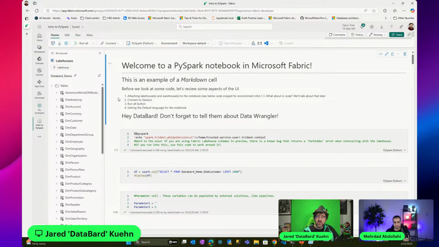Now let's talk about actually working with the code. So first thing we need to do is connect to a session. Because like I mentioned earlier, this is Apache Spark, which means it's not running your compute 24/7. It's only running it when you ask it to. So to get this up and running, I'm going to hit connect. And again, this is where you get the choice: standard session or high concurrency. High concurrency would be if I want to work with multiple notebooks at once. I'm only working with one, so I'll pick a standard session.